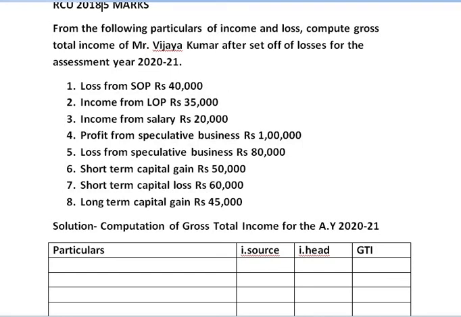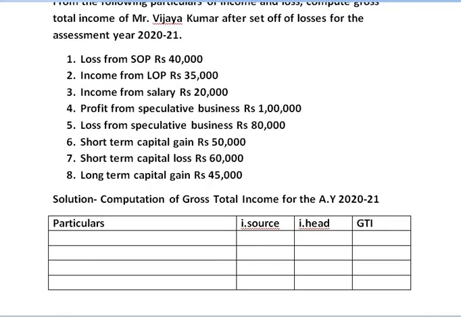Let us start solving. Here we are provided information relating to income from salary. You can see the third point is income from salary, then house property, then business and capital gain. So in total we are provided information relating to 4 different heads of income in the sum. So first let us take down income from salary.